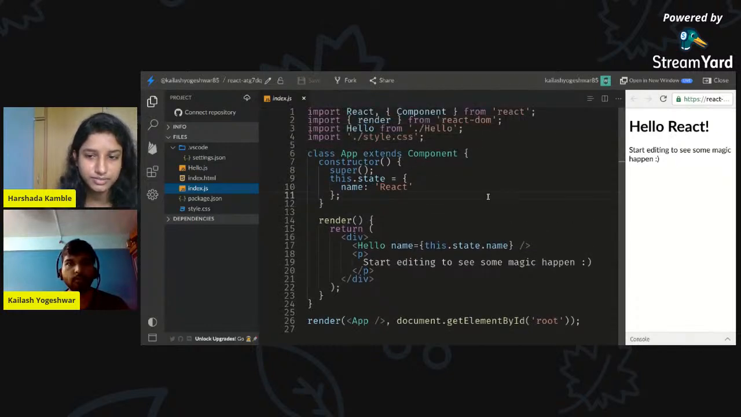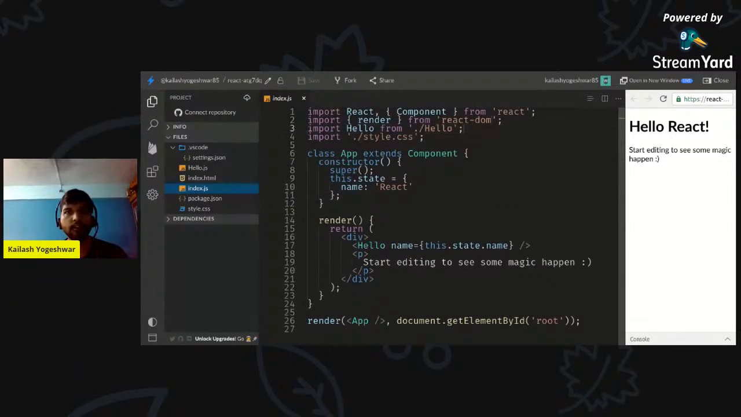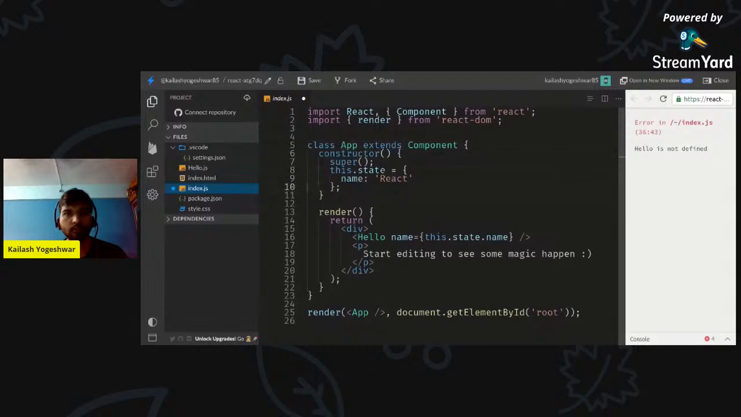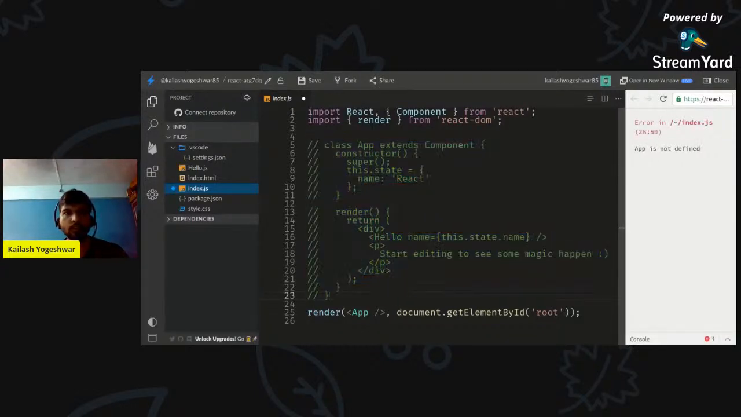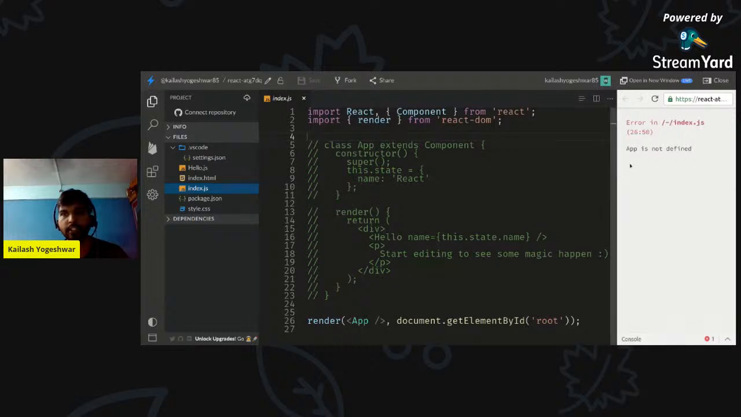We'll try to create a component, whatever I have. So we'll not be needing this. Okay, so I'll explain from the starting. Okay, so we need to write our code in ES6 syntax. So this is an ES6 syntax. And as you can see on the right side, it's already giving me an error that app component is